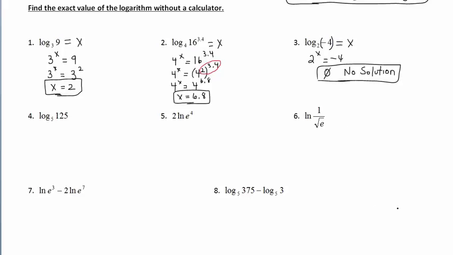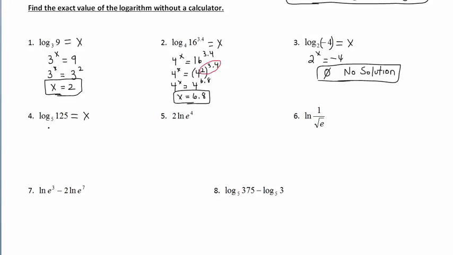All right, let's look at number 4. If you can do this one mentally and think that the answer should be 3, great, you're done. You don't need to show the work that supports it. Again, remember, the answer to this is 5 raised to what power is 125? I'd have to take 5 to the 3rd power to produce 125. If you can go straight to 3, box it, you're done. Otherwise,